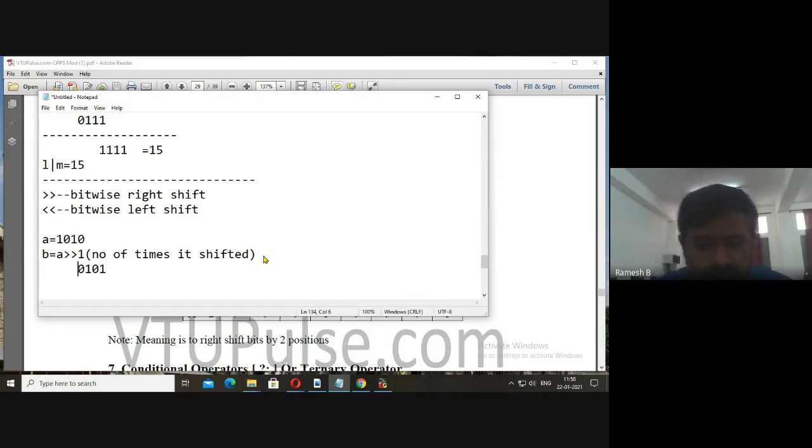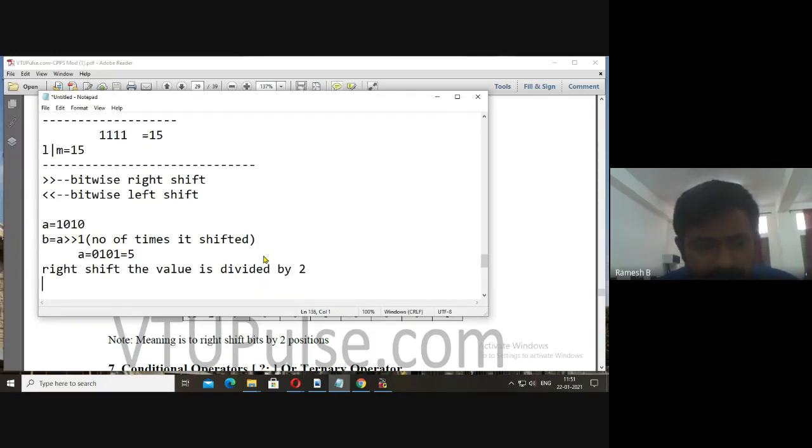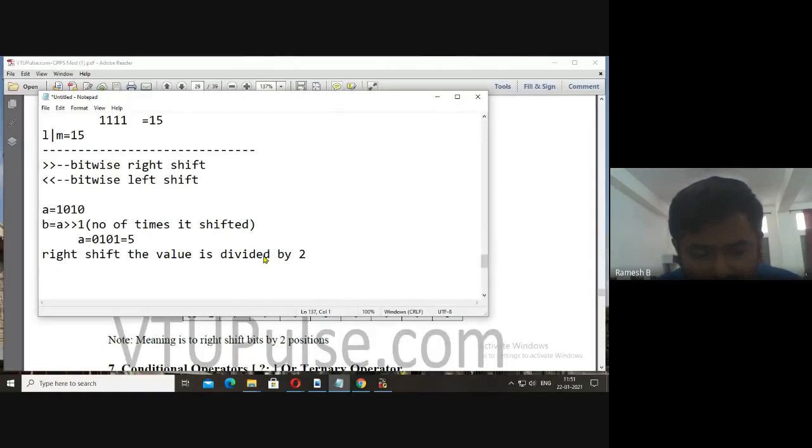Whenever we do right shift, the value becomes half, or the value is divided by 2. If you take A is equal to say 20.